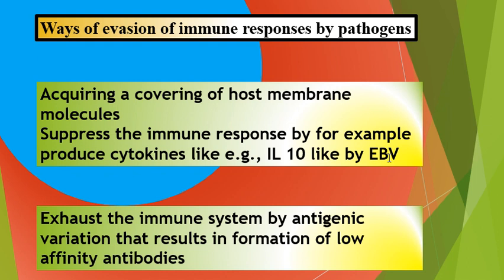Interleukin 12 is very important for activation of T helper 1, and activated T helper 1 will produce interferon gamma, which has antiviral activity. So some viruses produce some materials very similar to cytokines, for example, interleukin 10-like by Epstein-Barr virus, or in some instances,